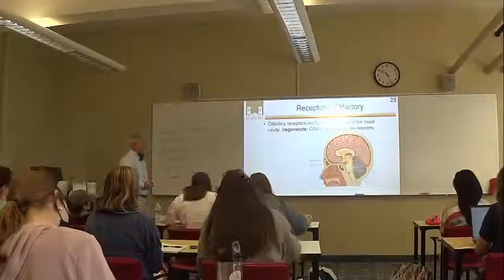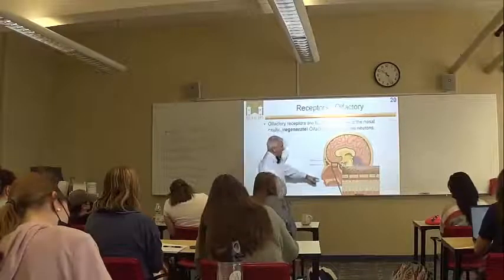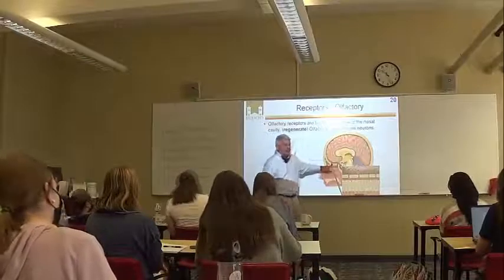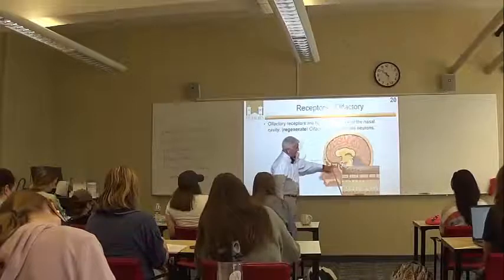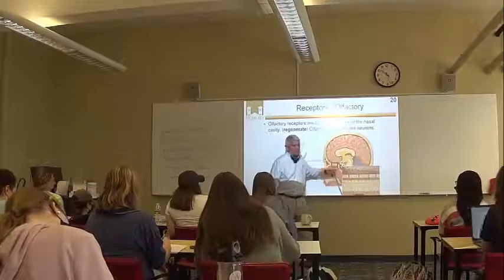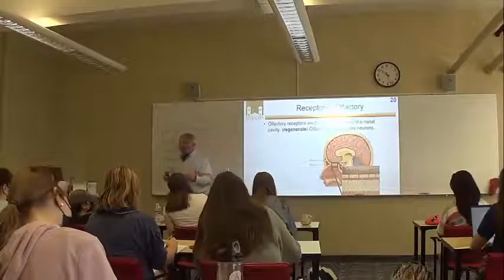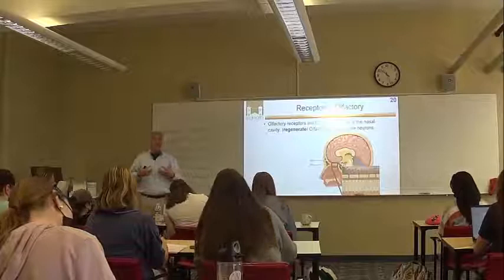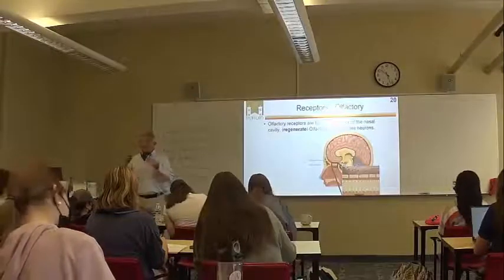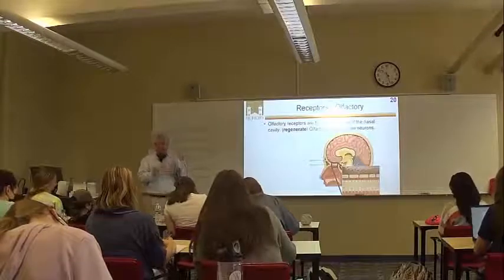So, receptors for smell. Receptors are found way up in your nasal cavity, right? Past a bunch of bones in here, and they're in what we call a mucous membrane up here. And it's interesting because of all the sensory receptors in our body, smell is the only one that are actually neurons, right? So we have rods and cones that are those kind of modified cells. We have these hair cells in the vestibular system,